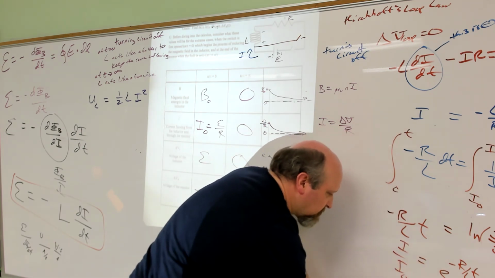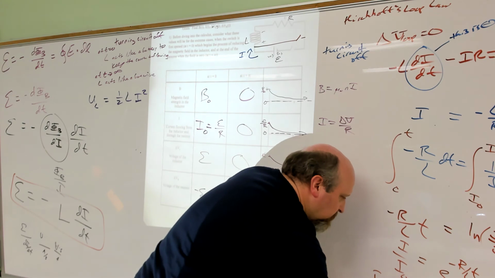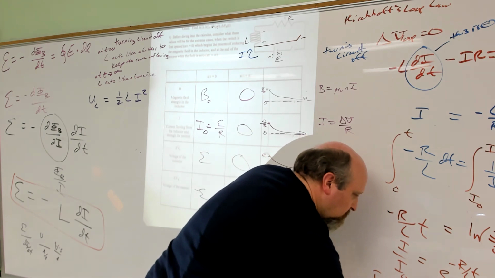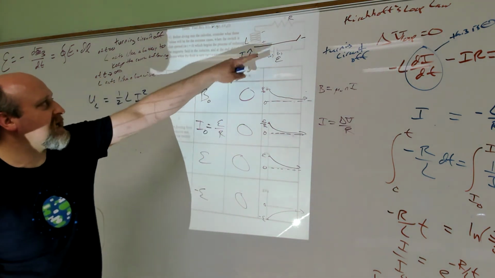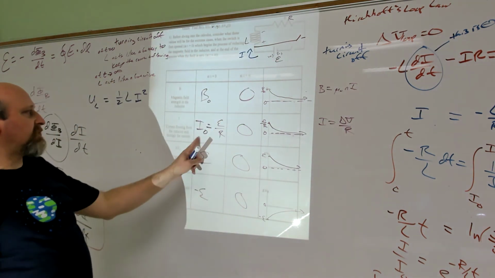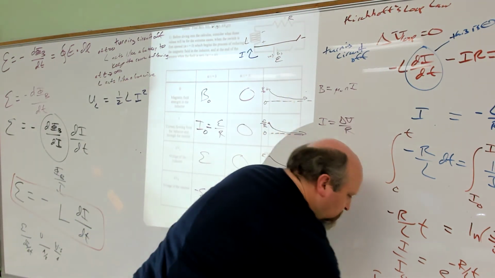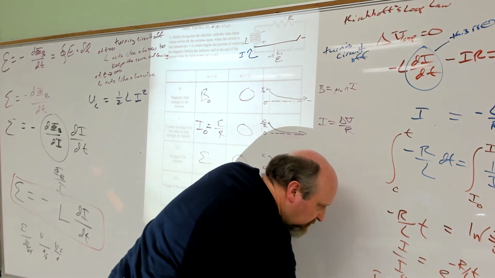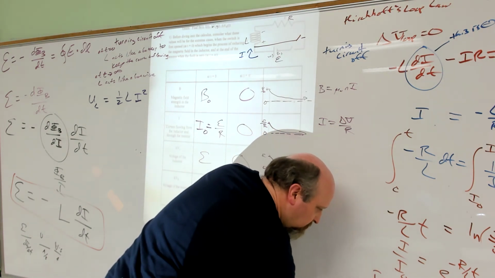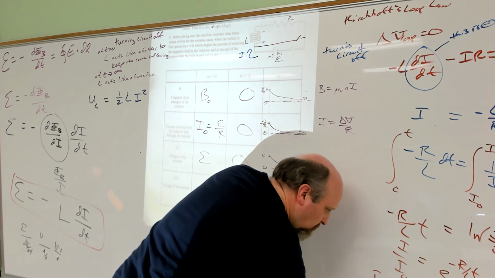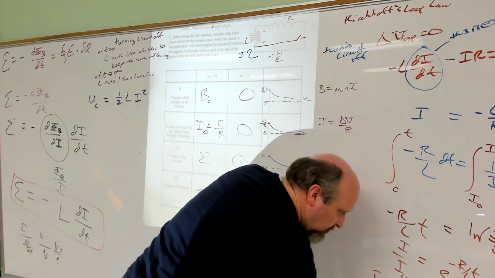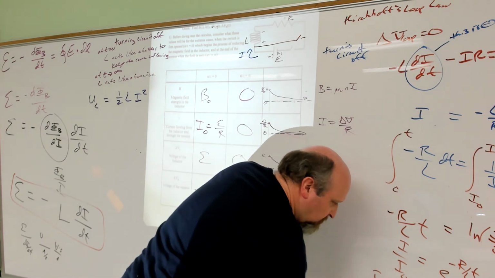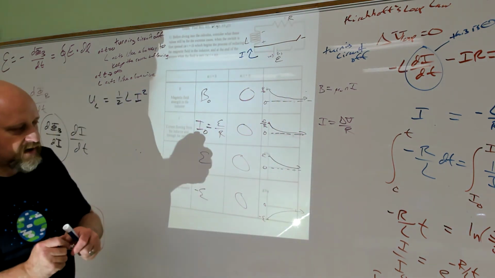Move the I naught to the other side. We are almost done. Where it says I naught, I'm going to put in the values they gave me in the problem. That I naught is EMF over R, that original voltage of the battery over R. So my I equals EMF over R times e to the negative R over L times t. Okay? And you say, hey,